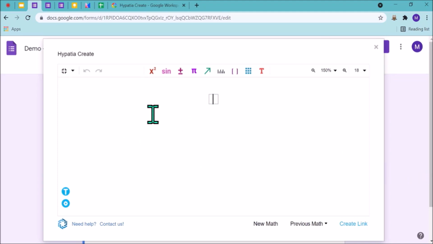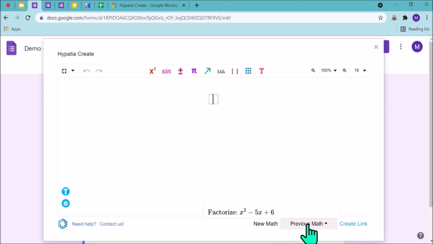And now the tip number 2. What is the tip? Suppose I want to write the same type of question. Generally what we do, we create a chapter test or a unit test in which similar type of questions are there, similar type of tools we have to use. Then where to go? Not to write again. We are to go in previous maths.